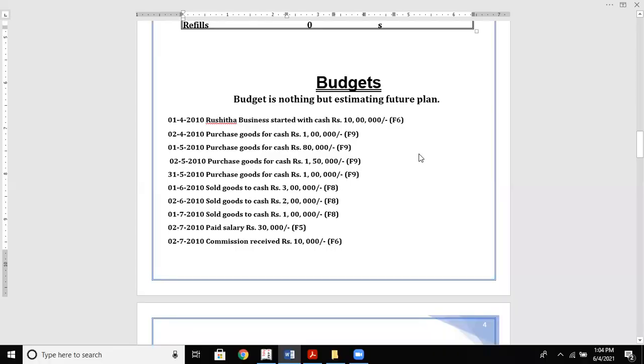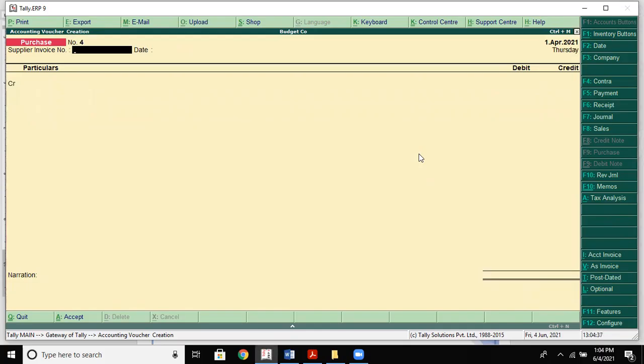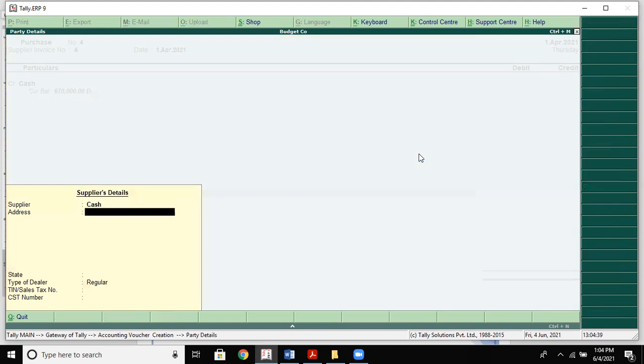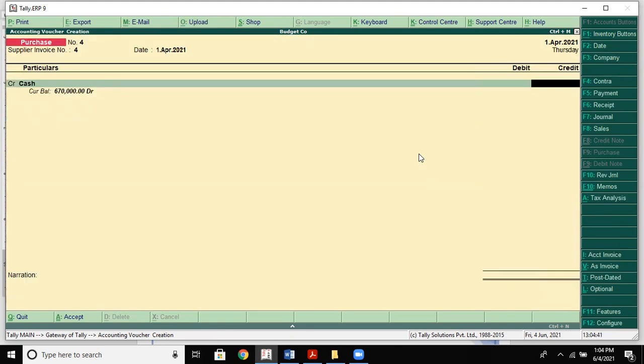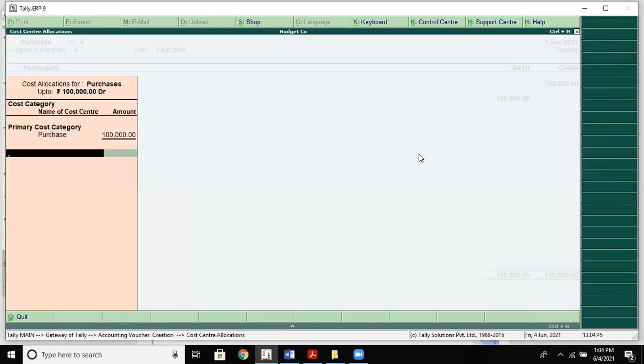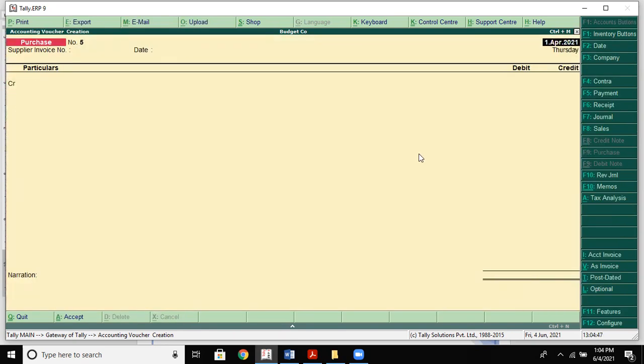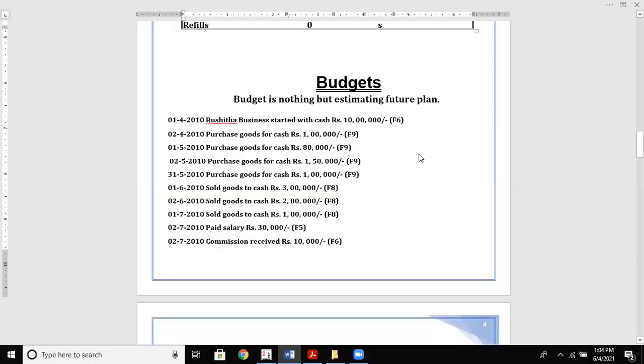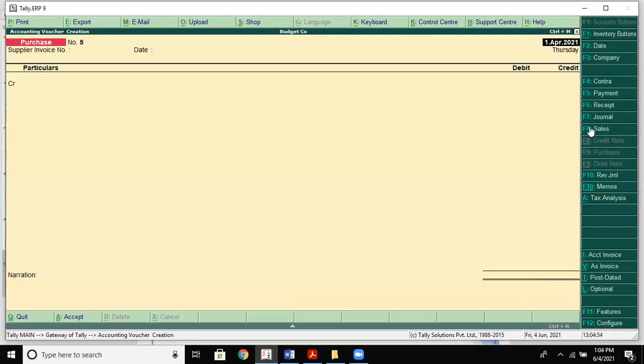Then she also purchased another 1 lakh of goods. Then she sold the goods. So even the sales have been done.